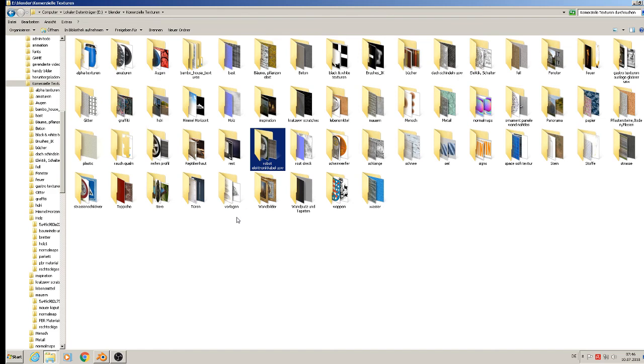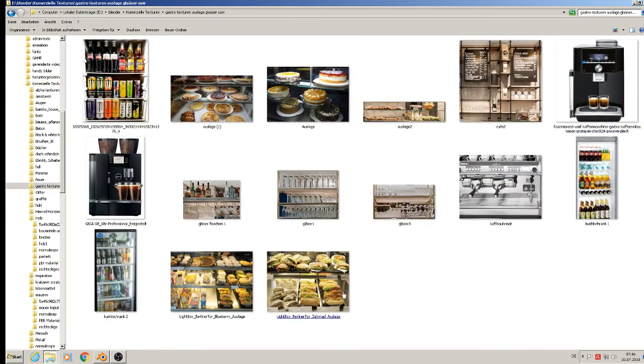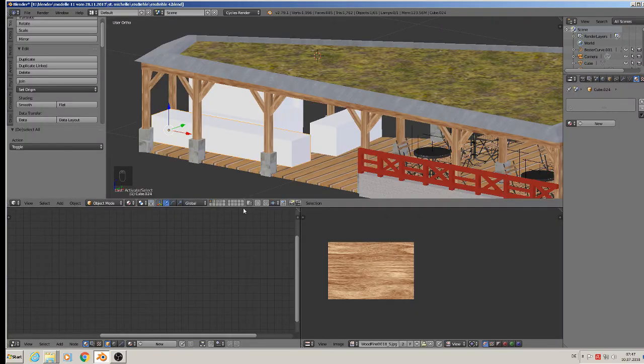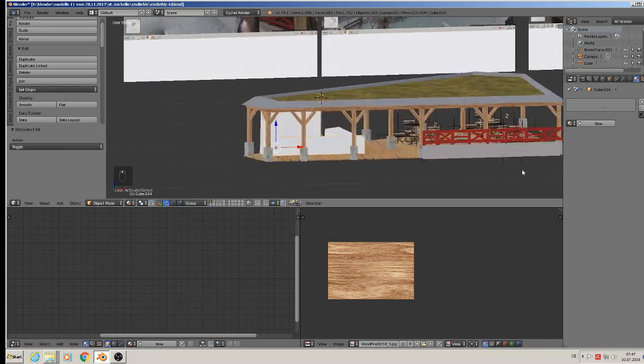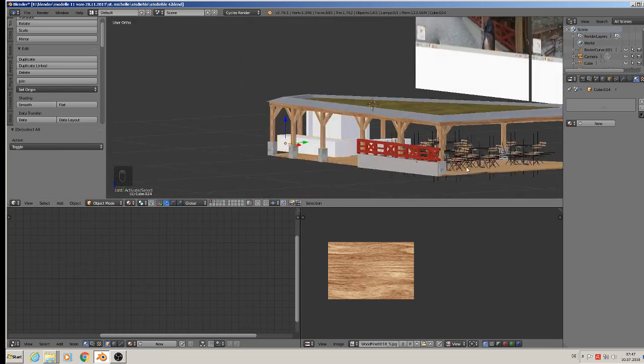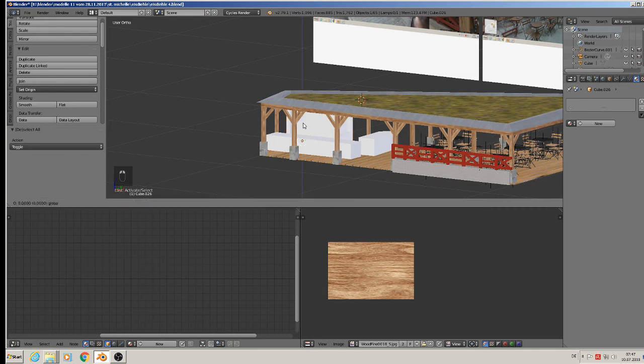I must look where I have that. Here, that's what we need. Coffee machine, some glasses, some cakes, and the stuff there, and some drinks, and those are textures only, and we put them on, and then it looks like here, selling all this stuff there, and then we are ready with the cafe there. But we have not done it now, so I say bye, and we make that in the next